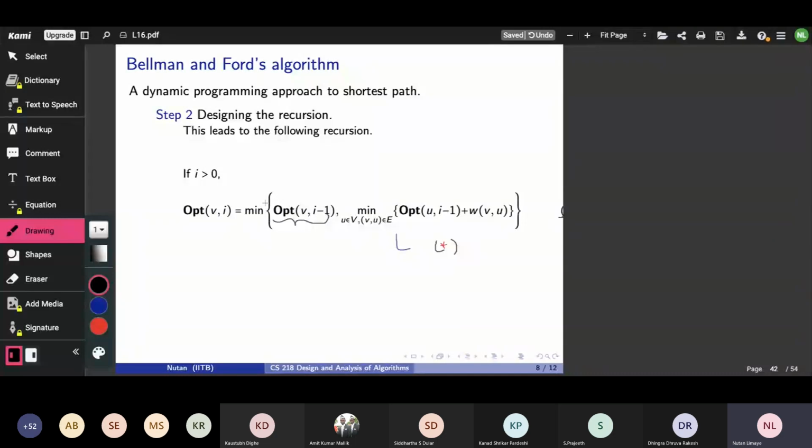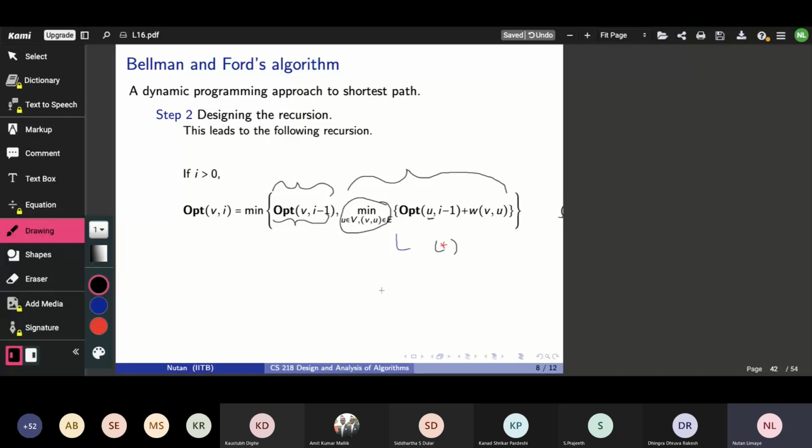But indeed, if there is an optimal path from v to t which achieves the full length i, then it must be that there is a neighbor along an optimal path, say u, that has an i minus 1 length path to t. Okay, but because we don't know which among the neighbors is the actual one, we'll have to do a min like before. So this term is a lot like the one that we had, but because we are dealing with at most i length paths, we also have this other term that we should not forget. Okay, so this is step 2.